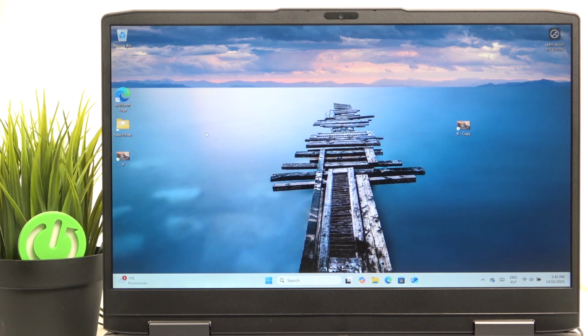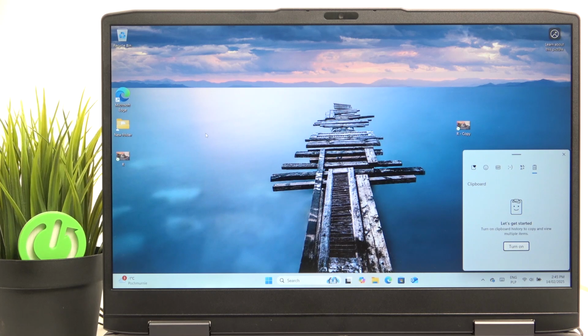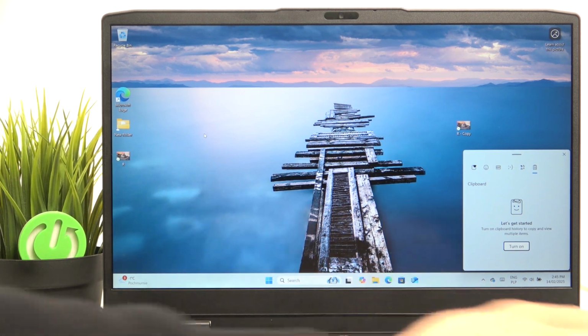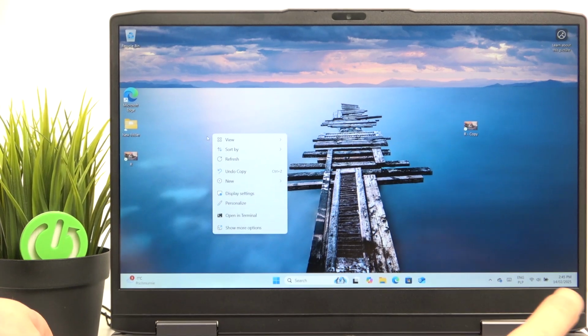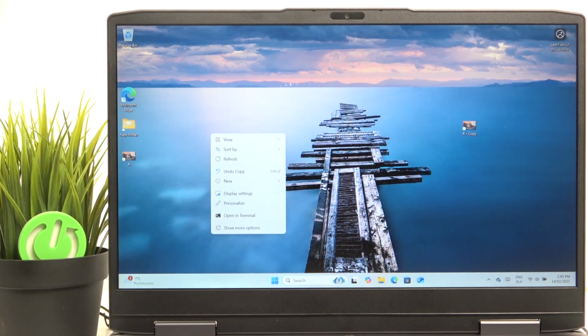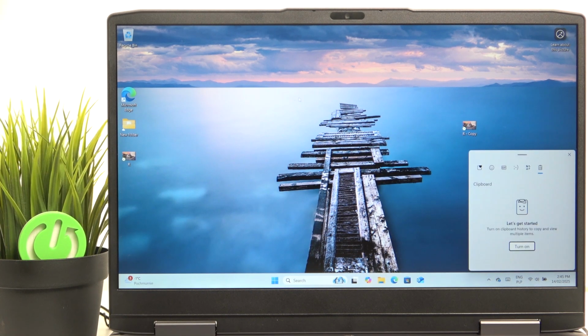I'm gonna show you the clipboard. So to open clipboard, instead of Ctrl+V, you need to click on Windows+V. So this is the key that has the Windows logo on it and V at the same time. So let's click on it because it has closed, unfortunately. Then you need to turn it on, and the clipboard will have a history of a few things that have